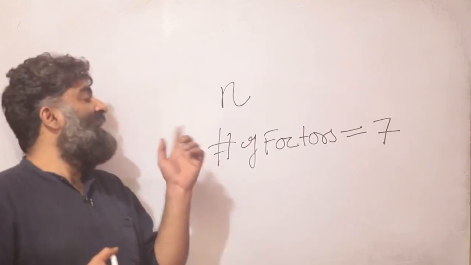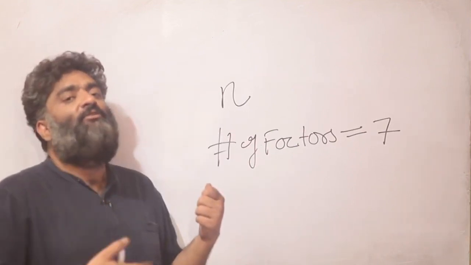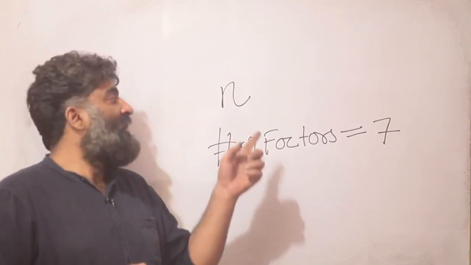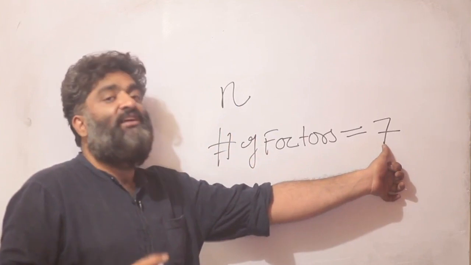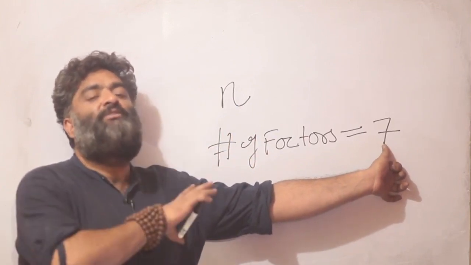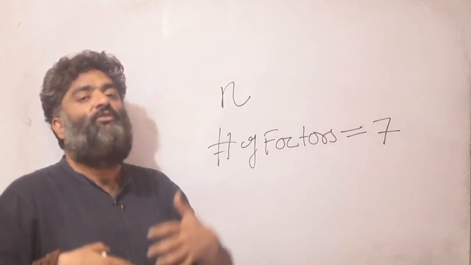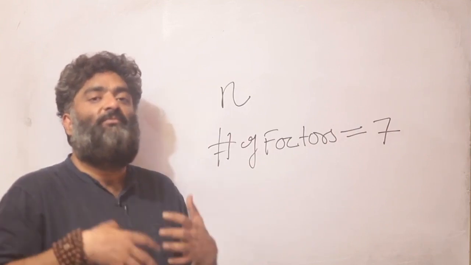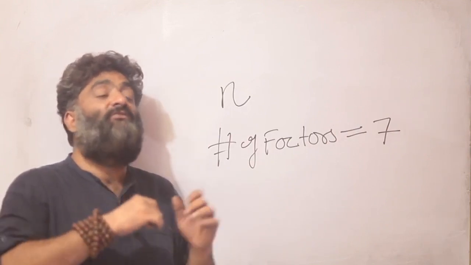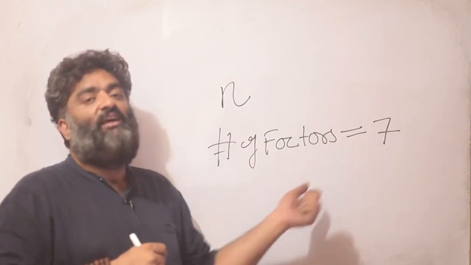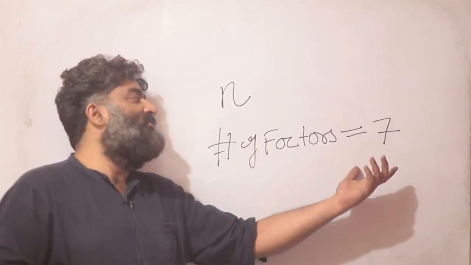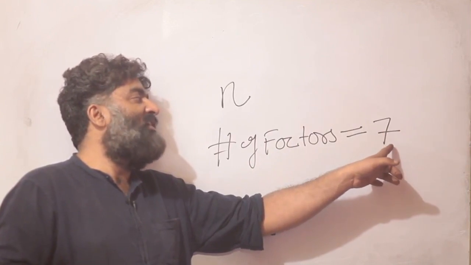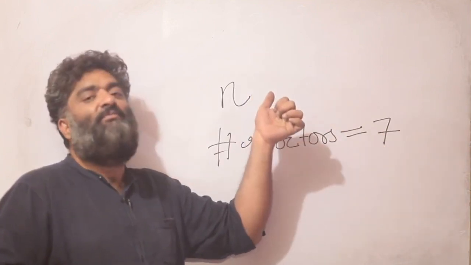But overall, the next agenda in our number of factors discussion is going to be, I will give you a number and I will tell you how many factors it has. Now I have to guess the property of the number. Right? So far what we were doing is, we were given a number, we factorized it and we found the number of factors. Here now in the next session, we are reversing the question and say the number of factors is 7, tell me something about the number.